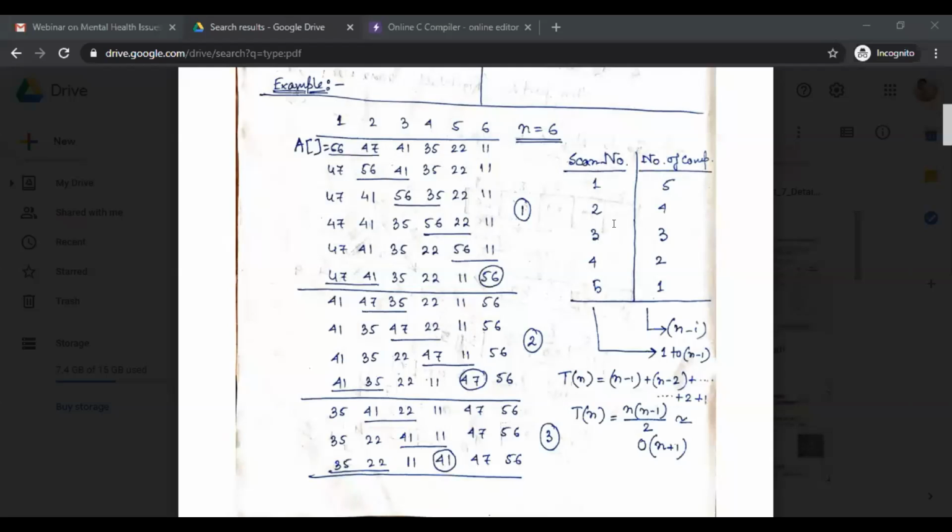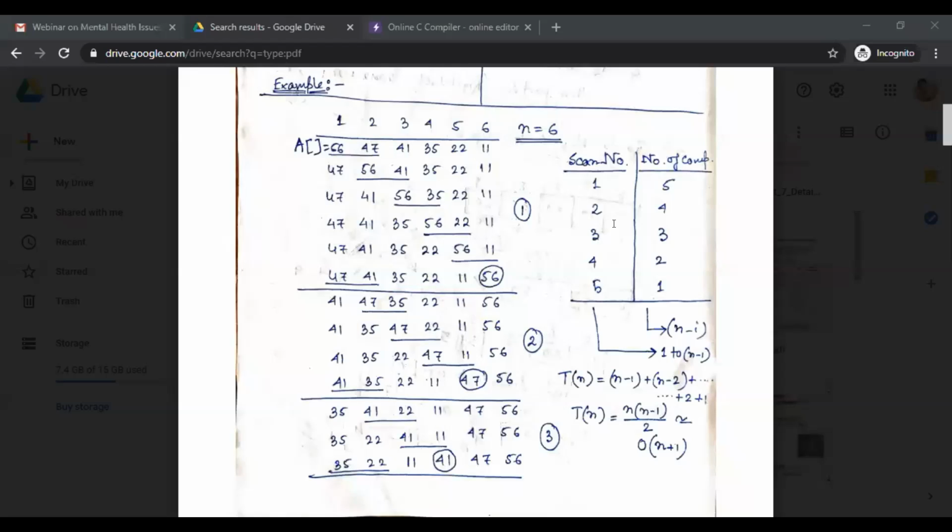So the condition is if AI is greater than AI plus 1, then using a third variable, we interchange the value. What I am writing there, I will tell you when we write down the program. Okay, now the I value is incremented by 1.